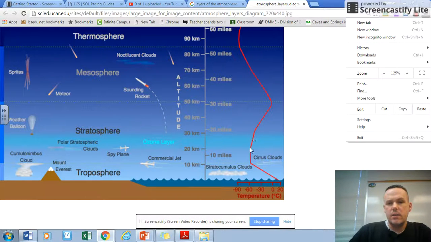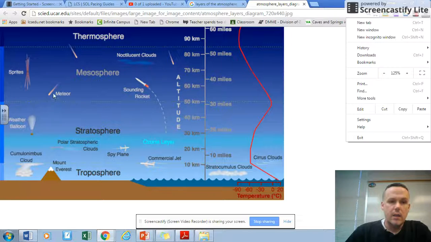That's because the ozone layer, the O3, traps heat. So when you get up here to the mesosphere, this is where the meteors burn up, and it gets a lot colder. This is like your coldest layer. This is where meteors start to come down, and you see that right here, where they start catching on fire.